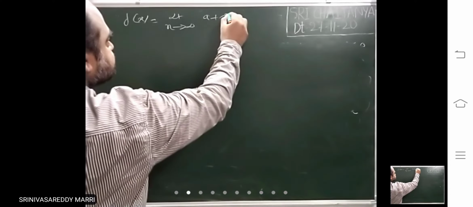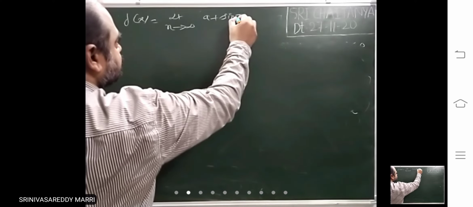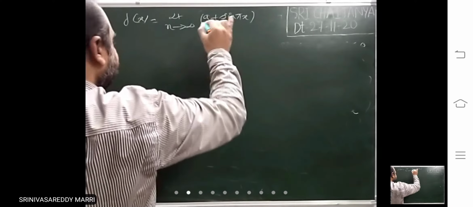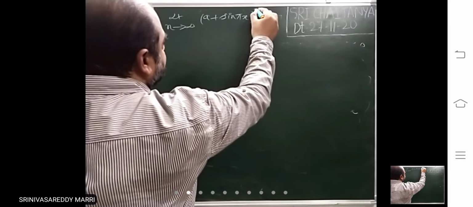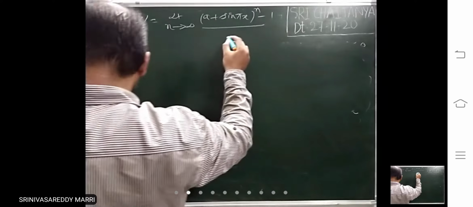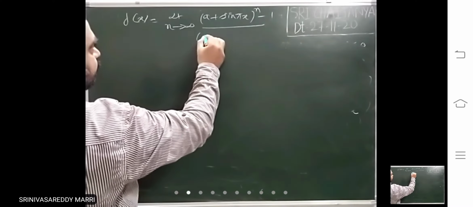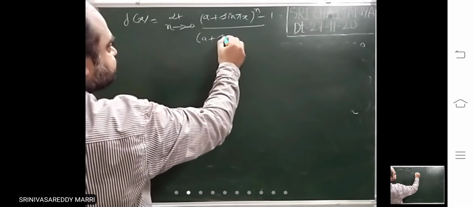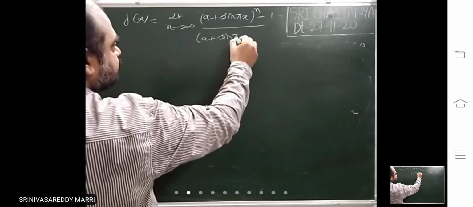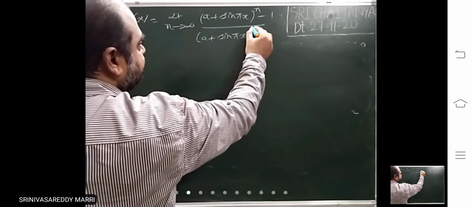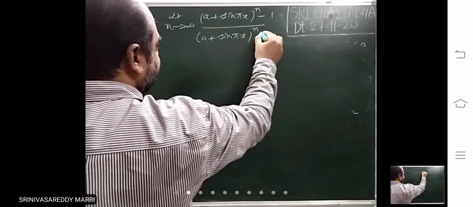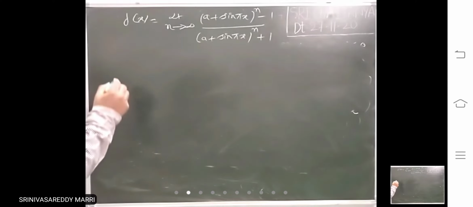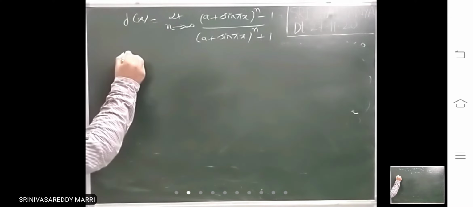a plus sine pi x whole power n minus 1 divided by a plus sine pi x whole power n plus 1. It is given like this. The question he is asking is